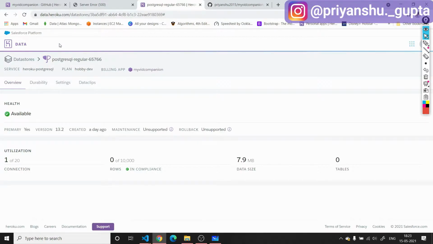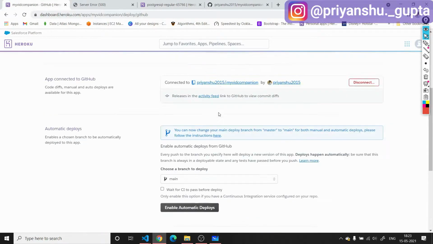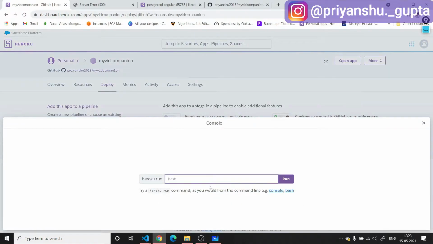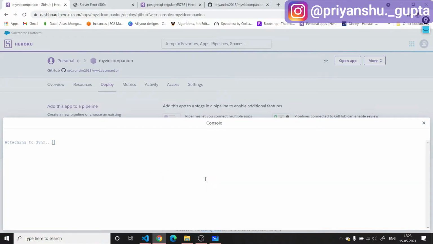For accessing that server, we have to come to our dashboard, press this More button and Run console. Then we enter the command bash and hit enter. Then it will open the console in which you can manage all the server stuff. Basically, when you use PuTTY or any kind of software to access your cloud server, PuTTY helps you to manage that stuff, right?